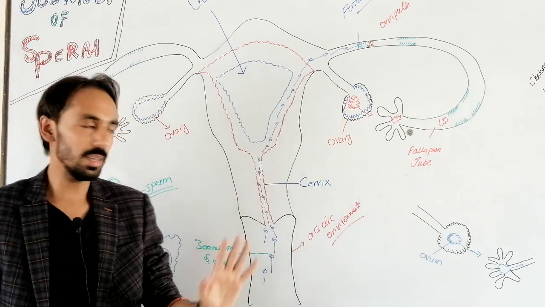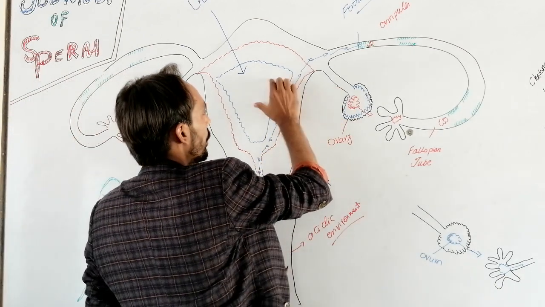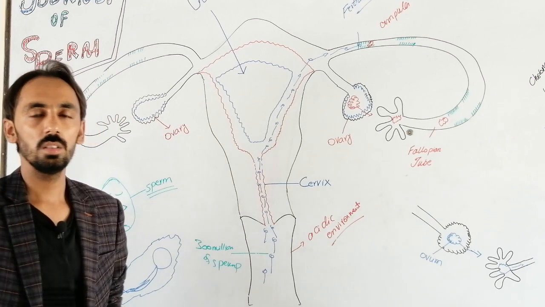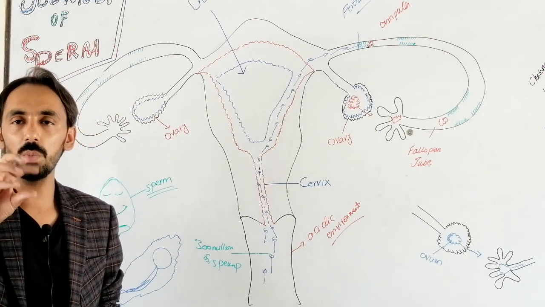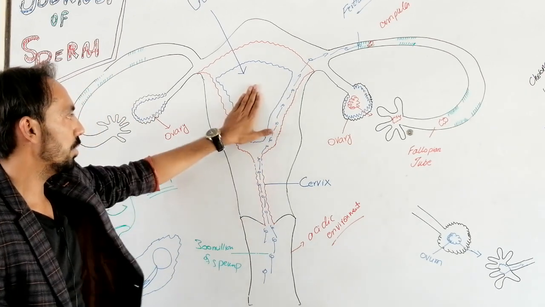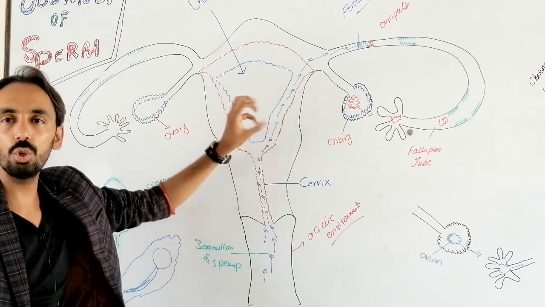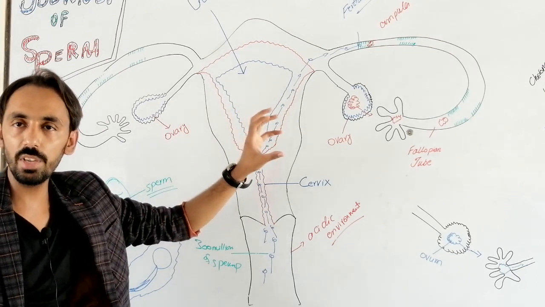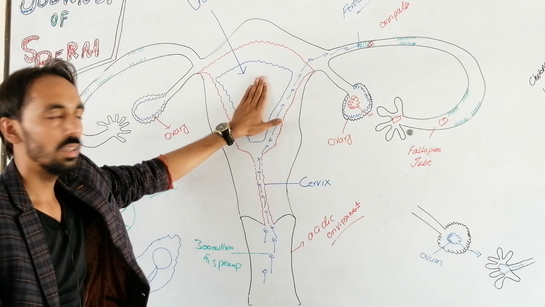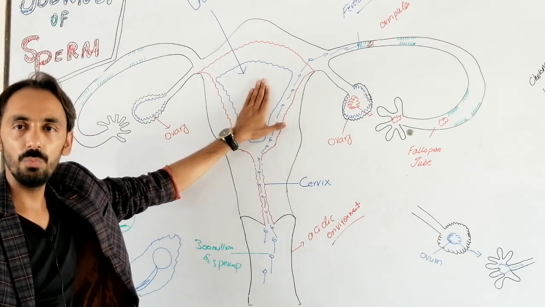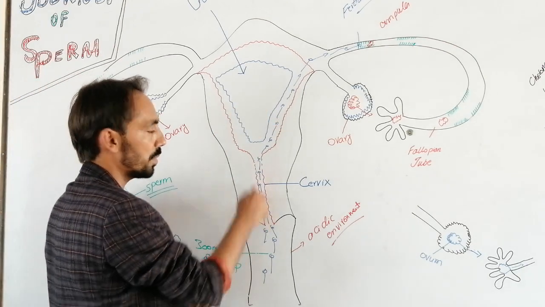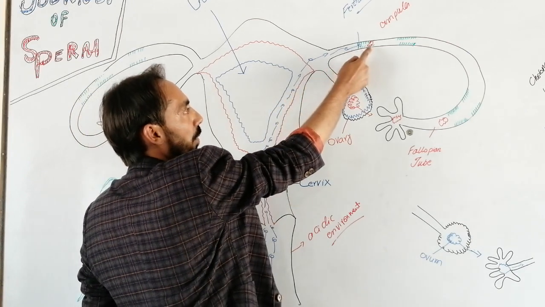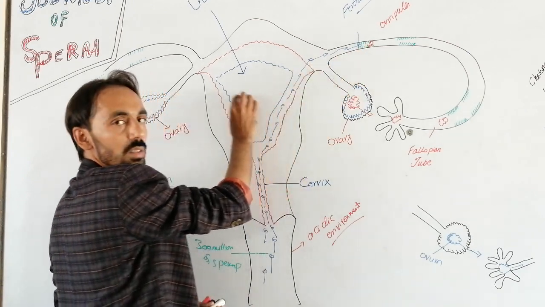So the answer is our uterus has contraction of the muscles. The uterus has a lot of muscles which contract, and this contraction of the muscles of the uterus will guide these sperms to travel in the fallopian tube and then in the uterus,